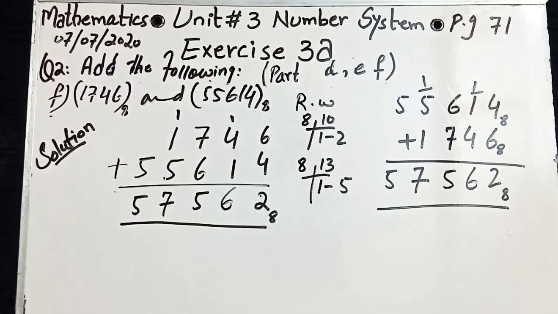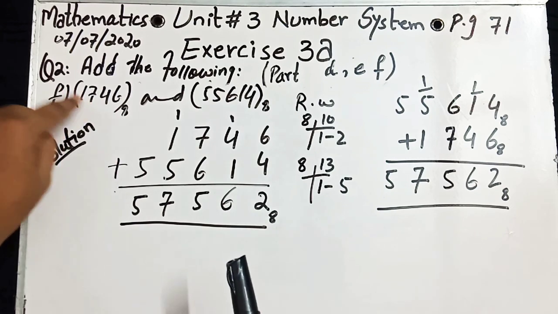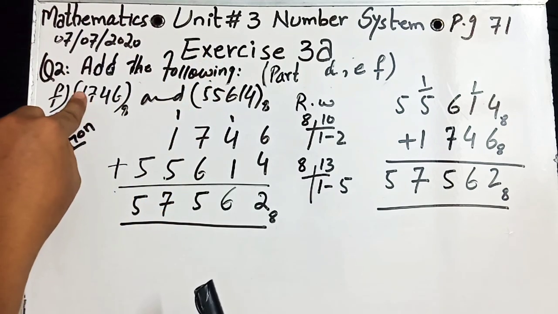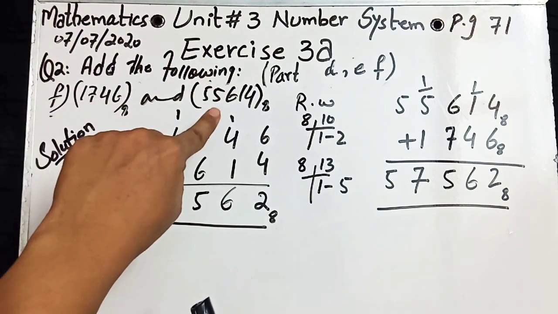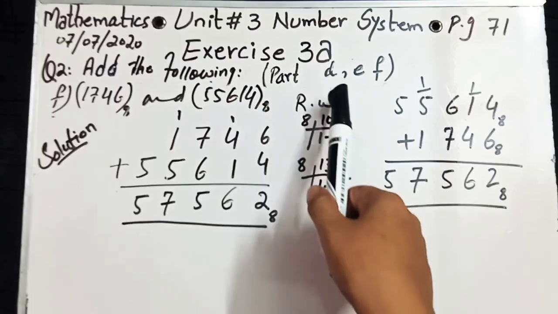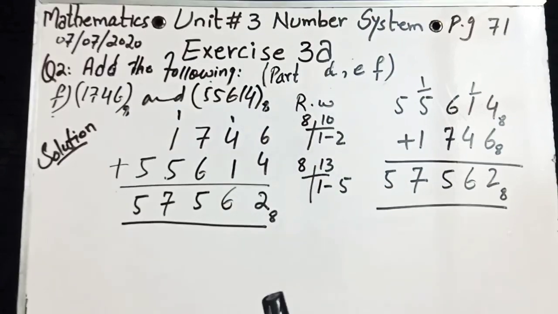It's up to you whether to write down the first value or the second one first. The first value is smaller than the second one. The second one is the bigger value. But check both answers, both are the same. So it's done. Part F, third part. Okay, done parts D, E, F.